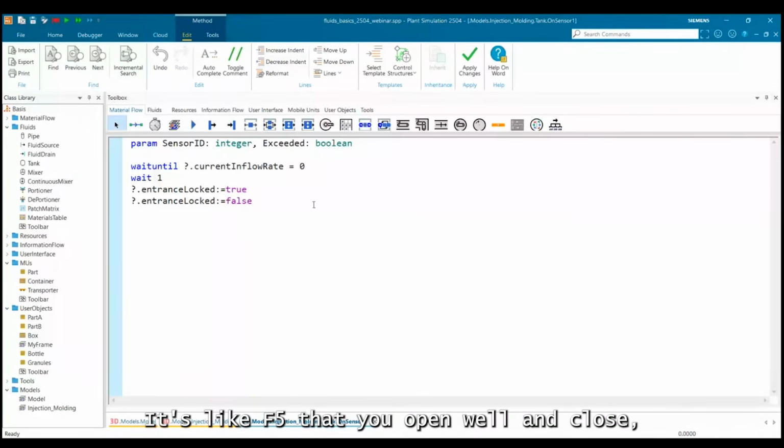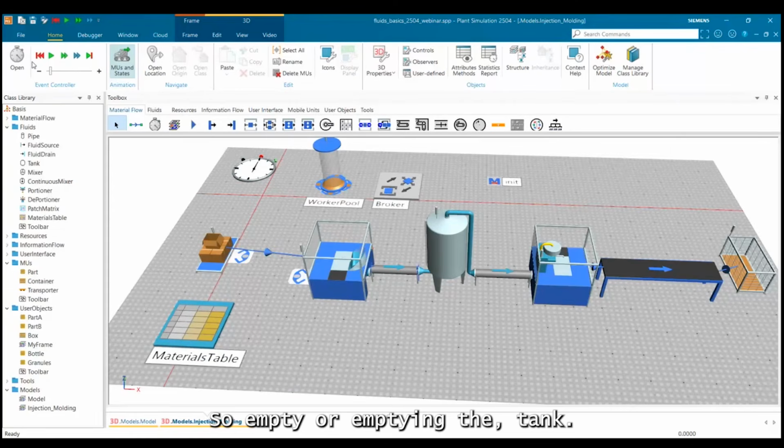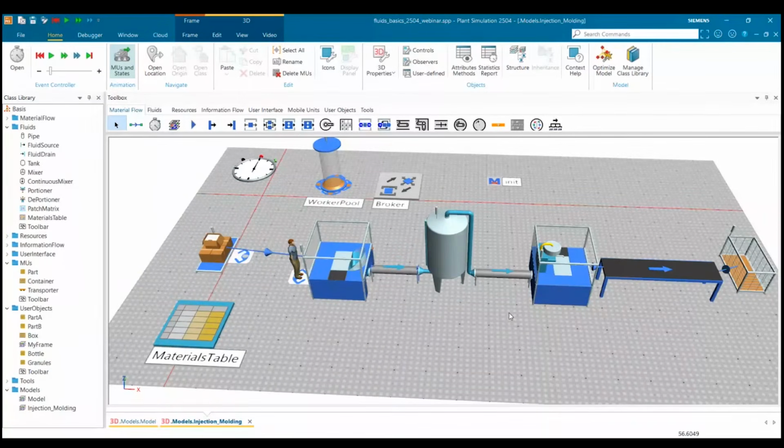It's like a valve that you open and close, and then it should start emptying the tank. So now refilling. So exit locked still.